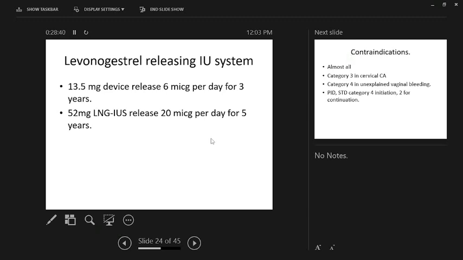And the second one is the levonorgestrel releasing intrauterine system. There are two types of intrauterine systems. The 13.5 milligram device has just been introduced and is under trial at the moment. And what we use regularly, even in Sri Lanka, is the LNG intrauterine system, the 52 milligram one, Mirena. And remember, this is the